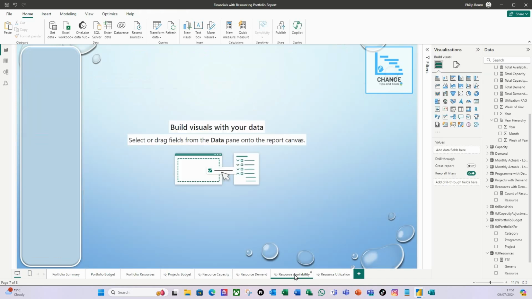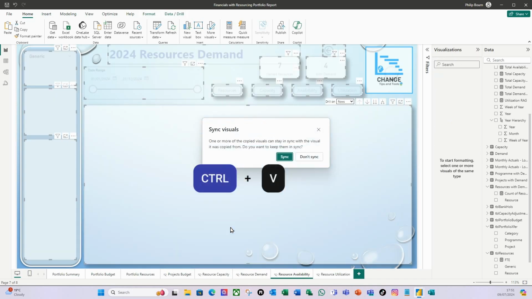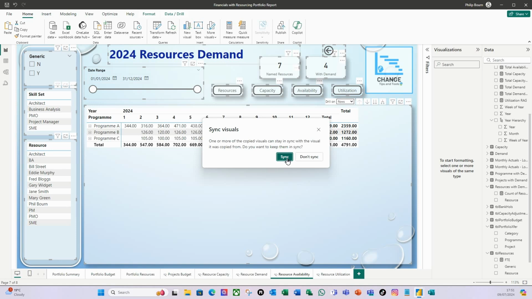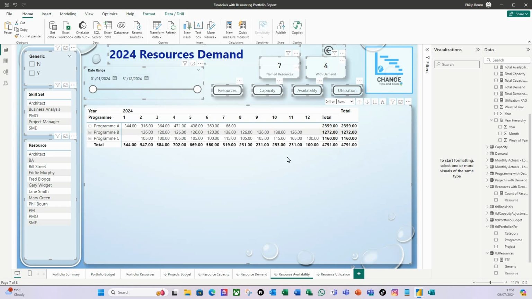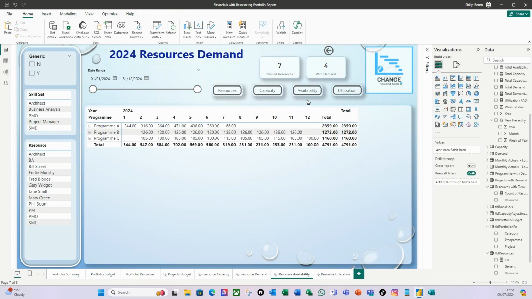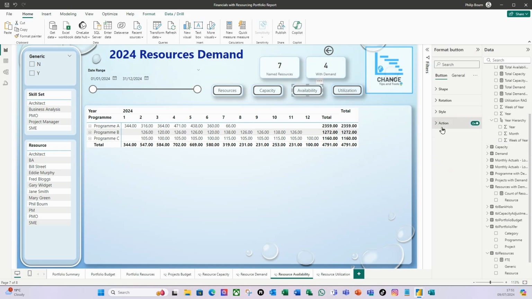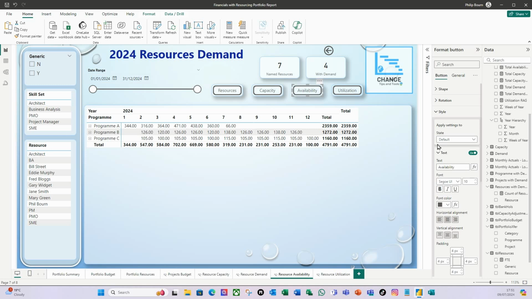Go to resource availability and do Control V. Again, I want it to sync. And this time, because it's the availability, I'm going to select availability. The action here is that we're going to say, right, we'll go to demand this time. On the style, I'm going to change on the default state from availability, I'm going to change that to demand. On that navigation button,